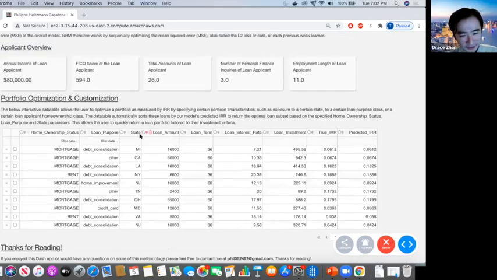Okay, no worries. So in this case, this would be another way if an investor just wanted to filter for specific characteristics, for example, state or loan purpose. If they only wanted to gain exposure to people that were looking to consolidate their debt, as opposed to some of the more interesting loan purposes. There are some in here that are wanting to fund some of their wedding expenses or other things, then they'd be able to do that.